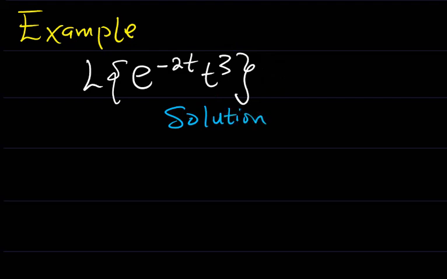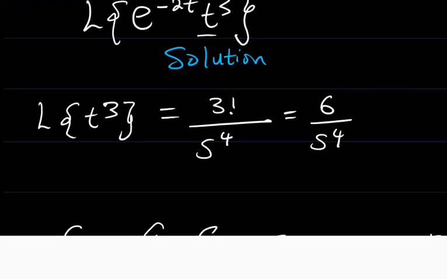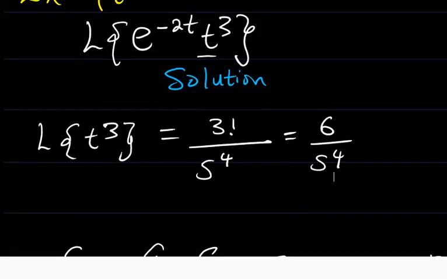the very first thing we're going to do is to perform the Laplace transform of t raised to the power 3, which of course is 3 factorial all over s raised to the power of 3 plus 1, that is 4. 3 factorial is 3 times 2, that is 6, all over s raised to the power 4. So now applying the shift,